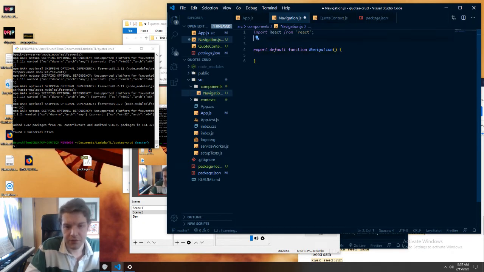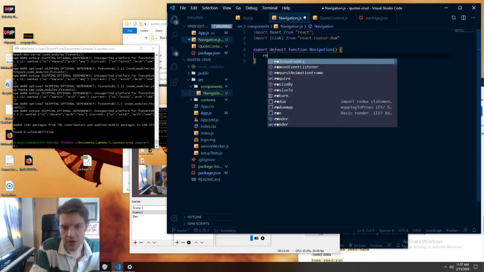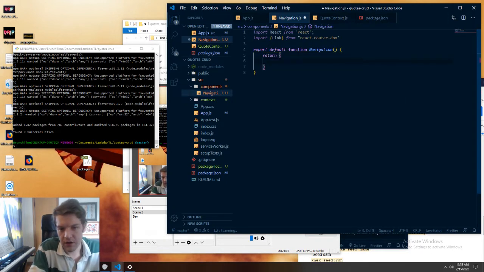We're going to need stuff from React Router DOM. Cool. And then we can return